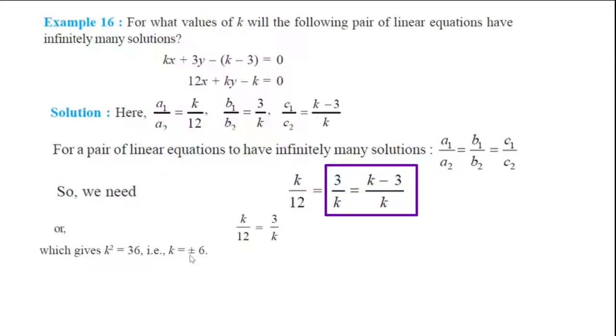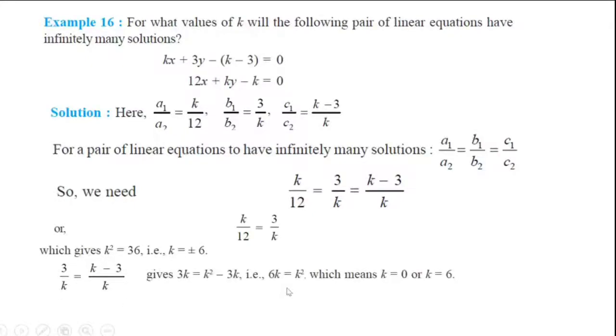I take up the second set. I just again cross multiply. Remember, k and k cannot be cancelled here. So I get the value of k as 0 or k is equal to 6. See, if I cancel it out, I'll be getting just one value of k, that is k is equal to 6. But if I don't cancel it out and I cross multiply, I get a quadratic equation in terms of k, which gives me two values of k given by k is equal to 0 and k is equal to 6.